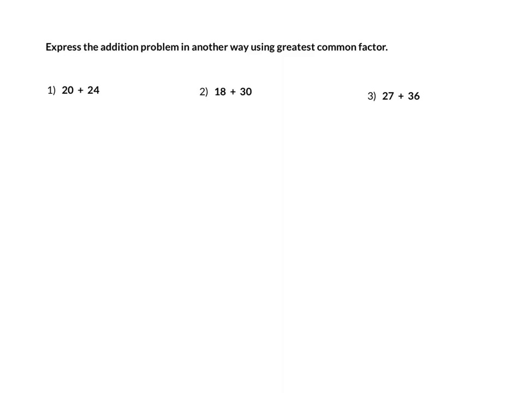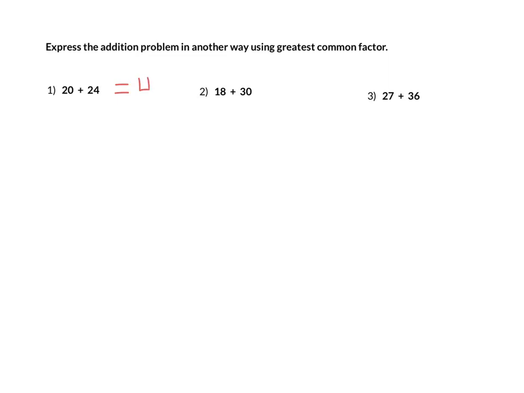When we talk about expressing an addition problem or a subtraction problem in another way using greatest common factor, what we're looking for is a representation of the two numbers that are being added when factoring out something that they have in common. It should be equal to the same amount. So if I look at one like 20 plus 24, first thing I know is that 20 plus 24 is